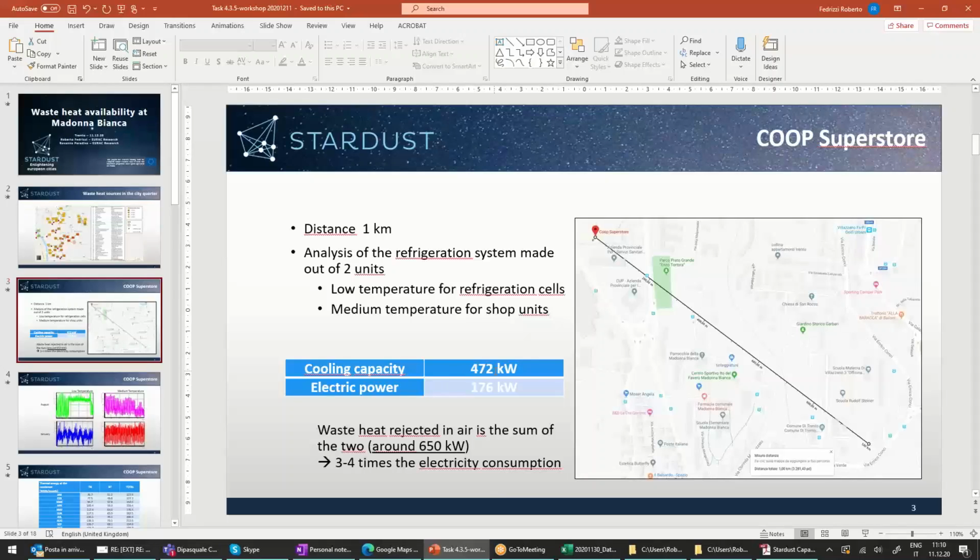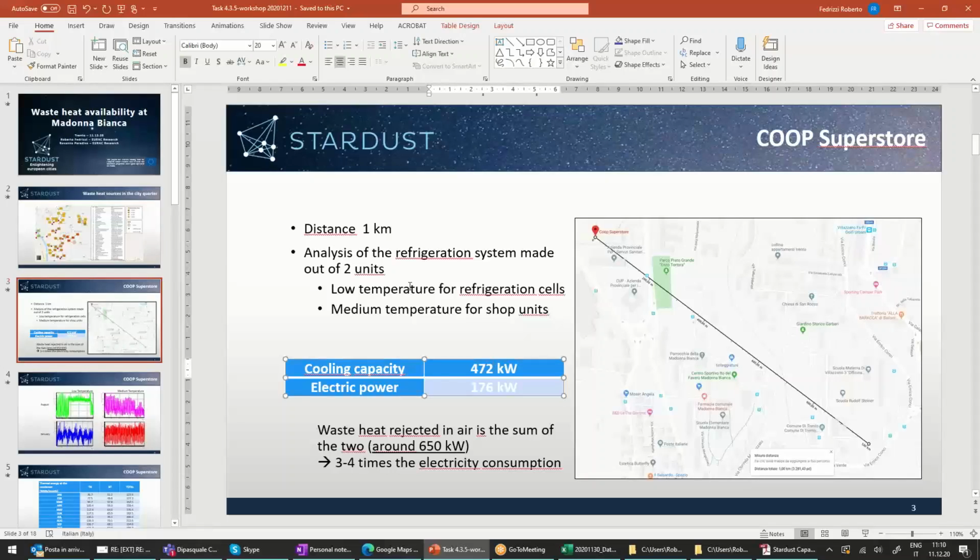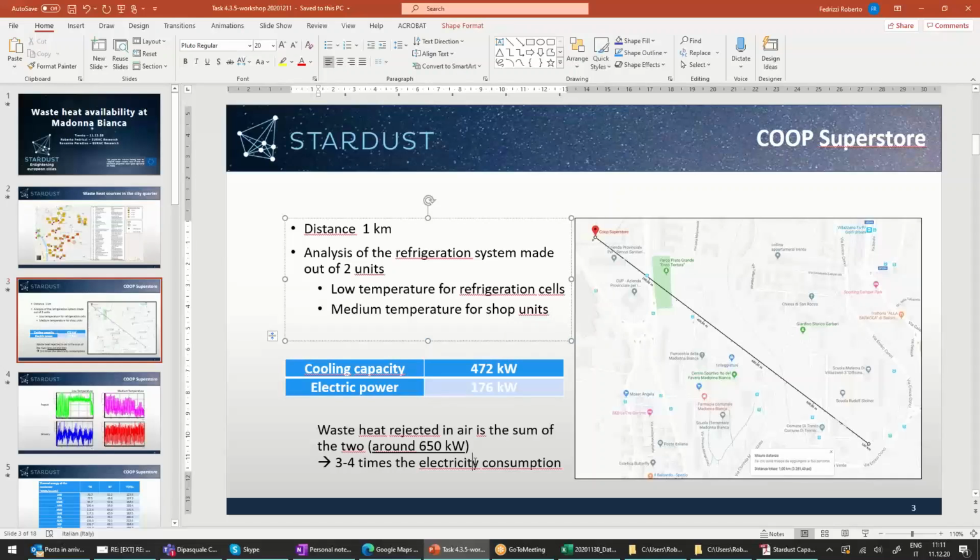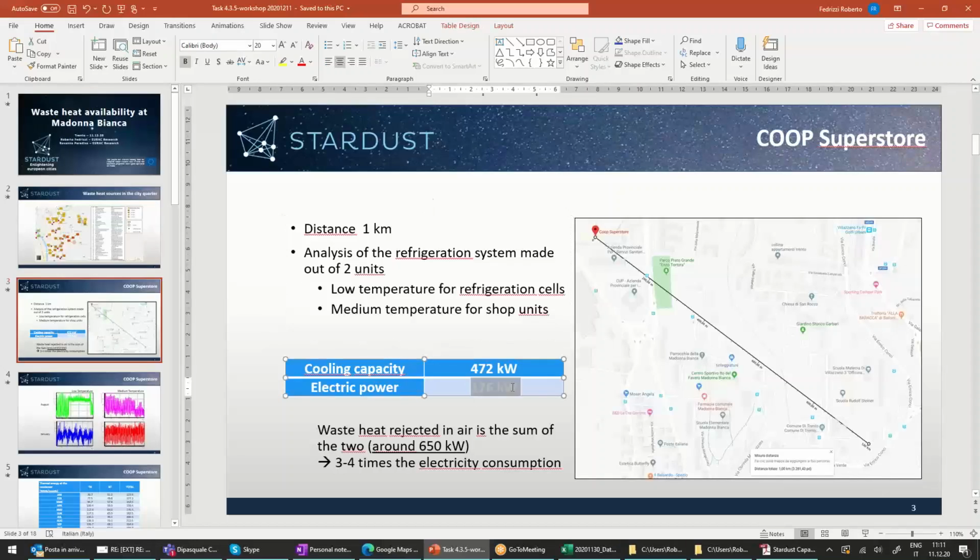In this case, they have a cooling capacity. They have 2 units, one low temperature for refrigeration cells for fish and meat conservation mainly. But they also have one medium temperature chiller, which is used for the showcases in the shop. The overall cooling capacity is about 500 kilowatts installed, which corresponds to